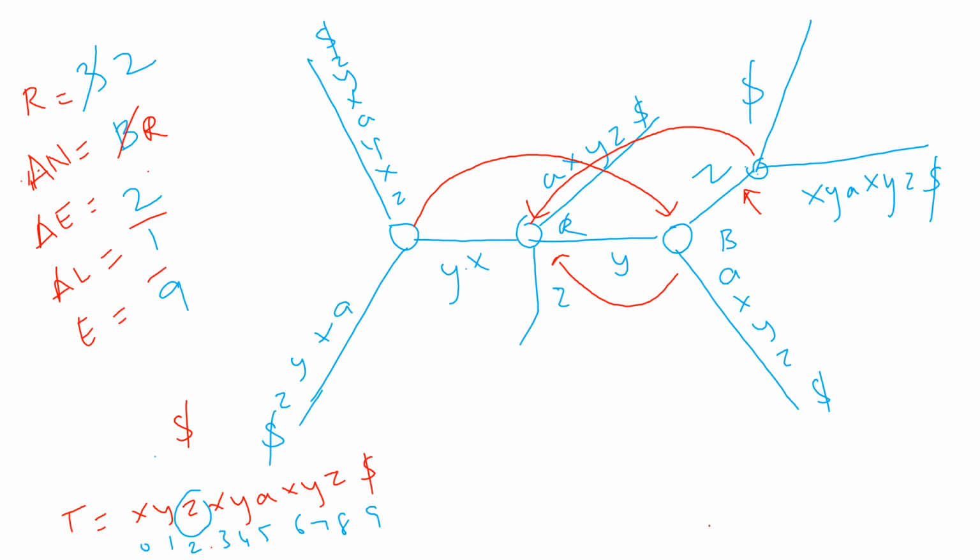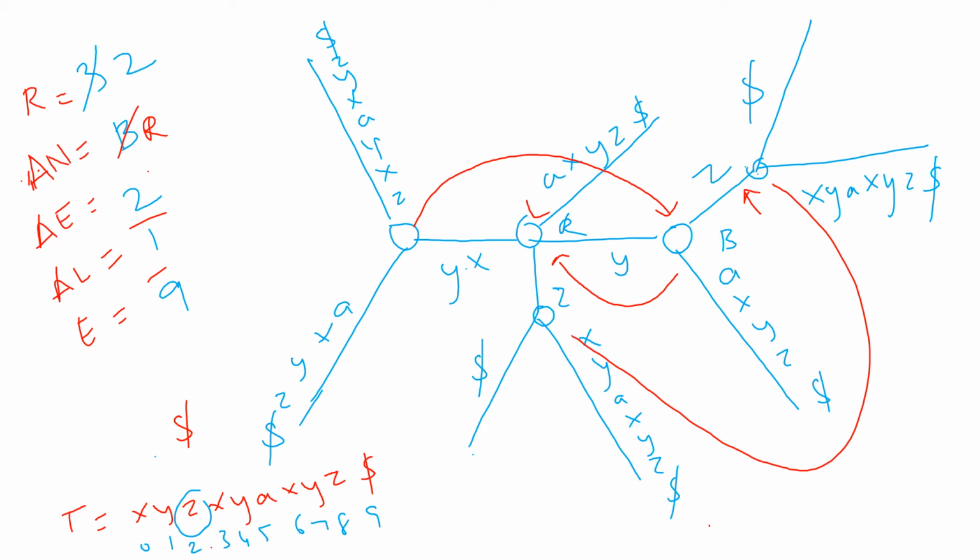So it comes to Z, and I'll have to divide it into dollar, and the rest of the things go on the other side. Z, x, y, a, x, y, z, dollar. Since I created a new leaf node, another internal node is created. So I'll have to change this internal node's pointer from root to this particular internal node. So I'll have to erase this one and point this to this particular internal node. So there is a new suffix created from this to this.